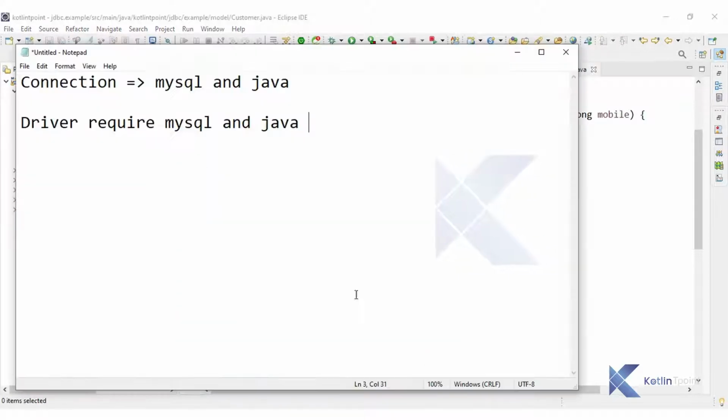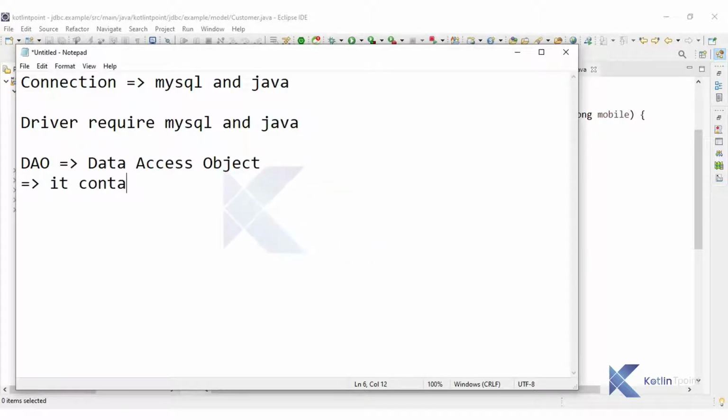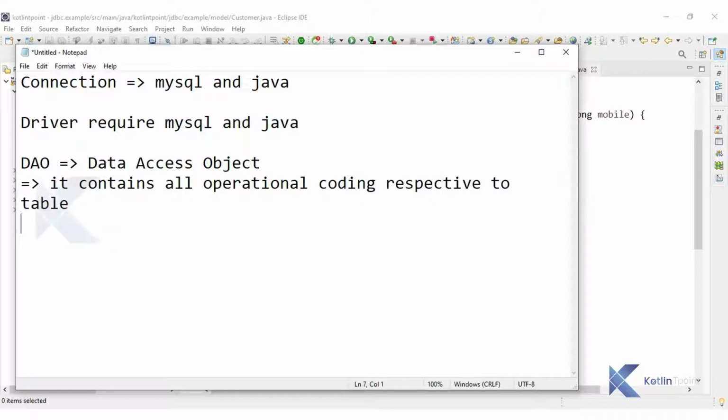So the DAO class generally we follow while doing Java database operations. DAO basically stands for Data Access Object, and mainly it contains all the operations respective to your table, all the operational coding respective to your table, right? So suppose I have a customer table.